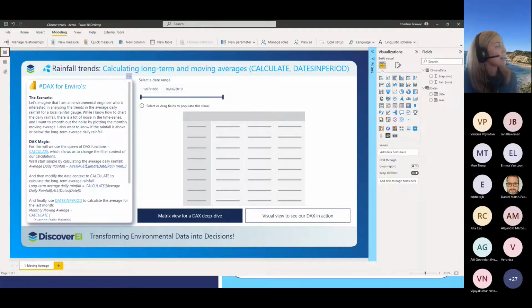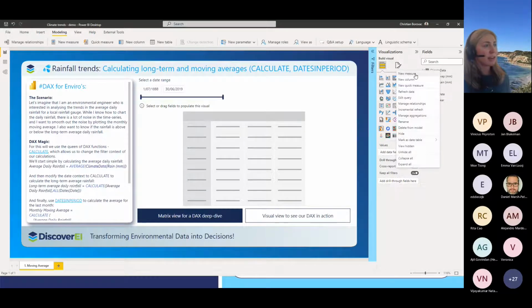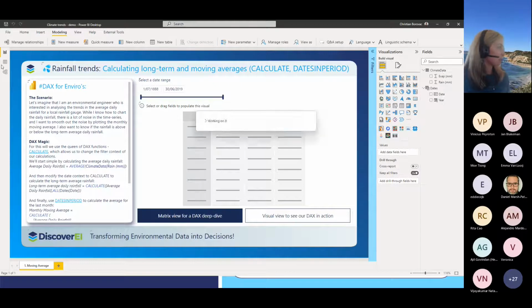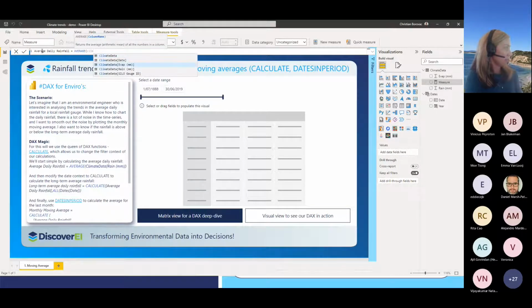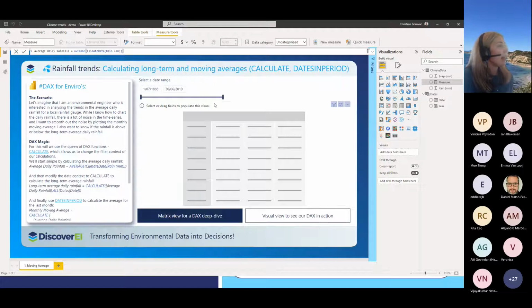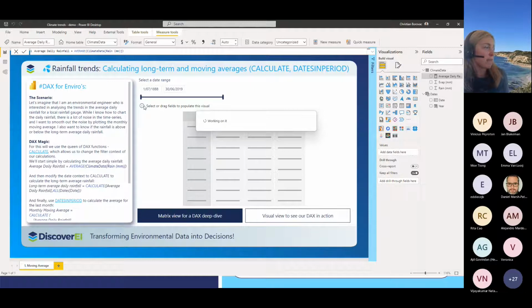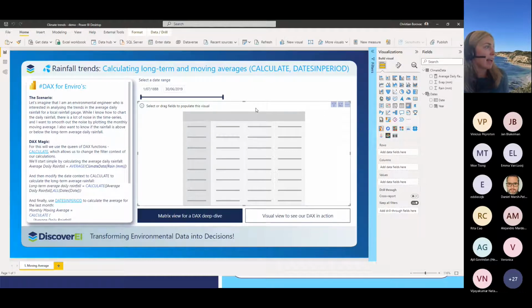So let's have a look. Let's start by calculating a very simple measure just to compute the average daily rainfall. So I'm going to insert a new measure into my climate data table, and we're going to calculate the average daily rainfall. And let's have a look at this in a line chart, and also in a matrix as well.